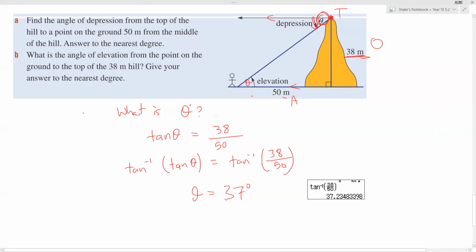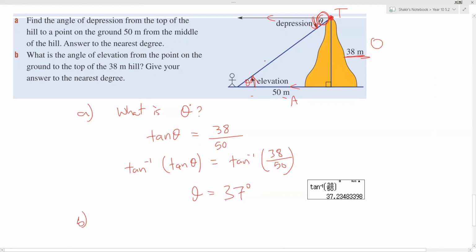That's part A. Part B says, what is the angle of elevation from the point on the ground to the top of the 38 meter hill? If you answer to the nearest degree, well, that's going to be exactly the same. Actually, that's how we figured it out. Yeah, so B is the same. The angle of elevation from the point on the ground to the top of the 38-meter hill. And so this is the angle of elevation. We've already found theta. It's going to be exactly the same